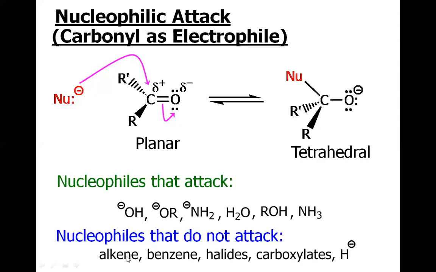However, alkene is nucleophilic, but alkene is not compatible with the carbonyl carbon because alkenes are the softer nucleophile, so they prefer to attack the softer electrophilic site and not the carbonyl site. We will discuss this when we discuss the advanced reactions of the carbonyl, that is, the Michael addition, etc., where we will discuss such reactions.